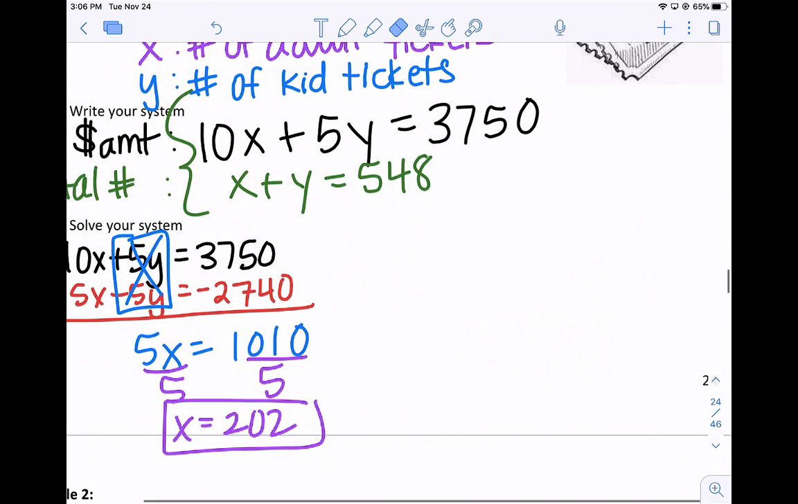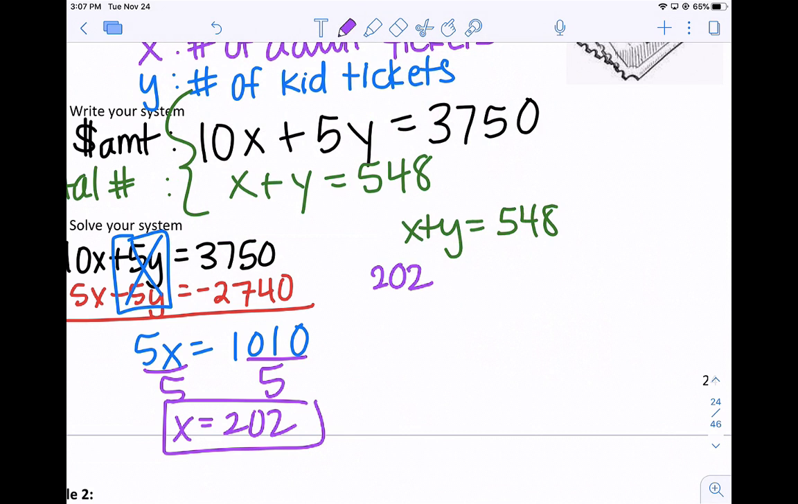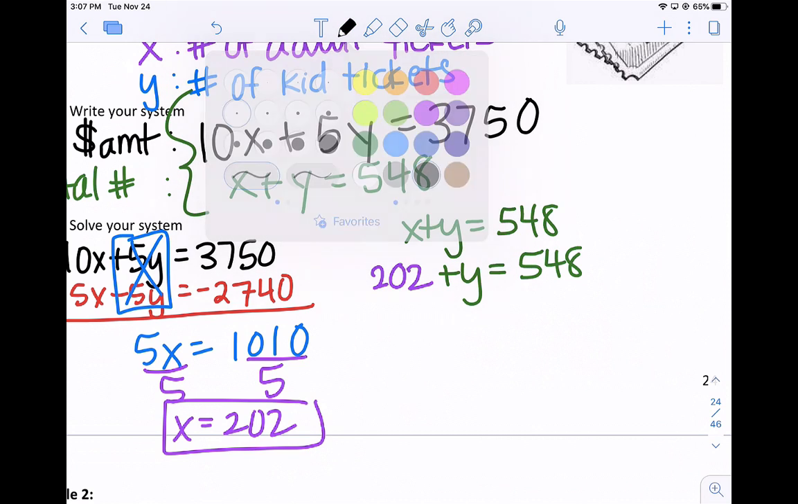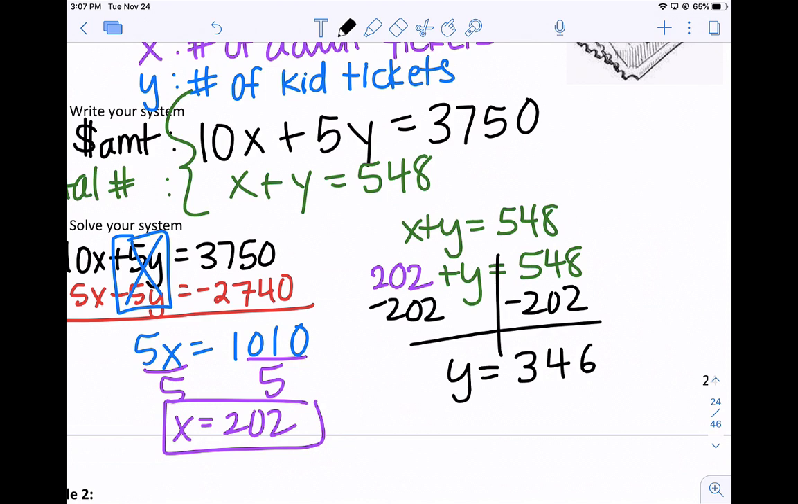So we have X plus Y equals 548. Oh, but we know what X is. X is 202. So I should have written 202 plus Y equals 548. And then we solve for Y. So we're going to get rid of the 202. It's being added. Let's subtract it from each side. So we get Y equals 346. All right, so we have 346, and that was kid tickets,